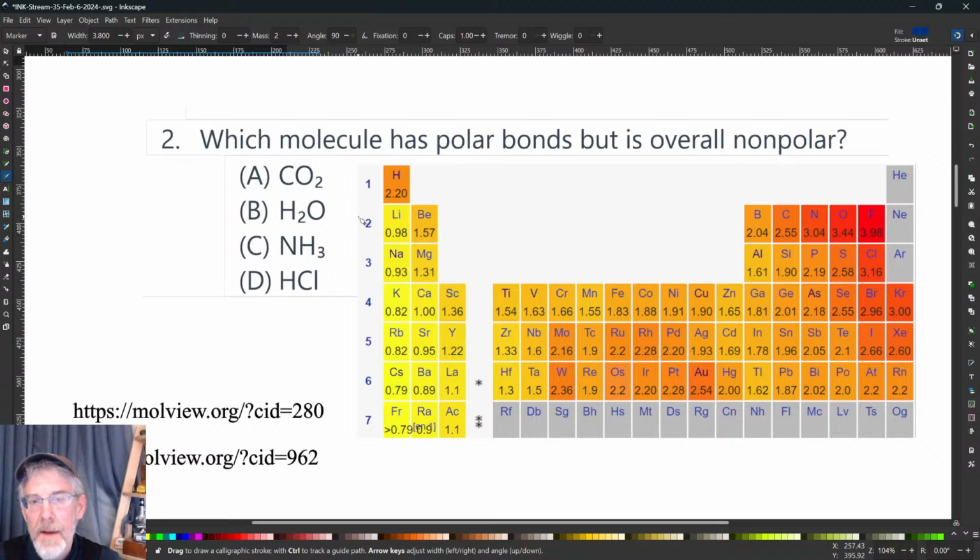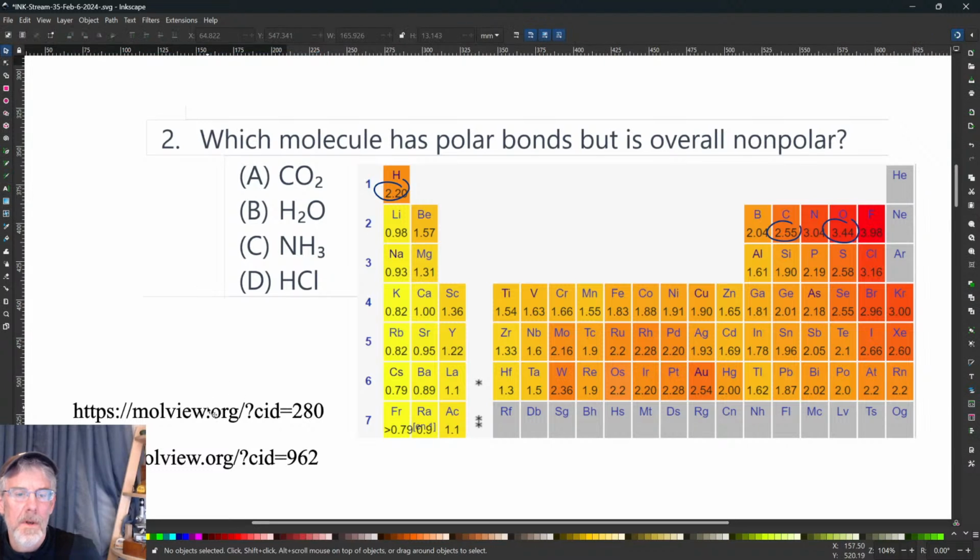So what you really have to understand here is that polarity, if you have a difference of, in this case, we have carbon and oxygen, a difference greater than 0.5 but less than 2. You can see this is about 0.99. The bonds will be polar here. Hydrogen and oxygen, everything's going to be polar. But let's take a look at the actual